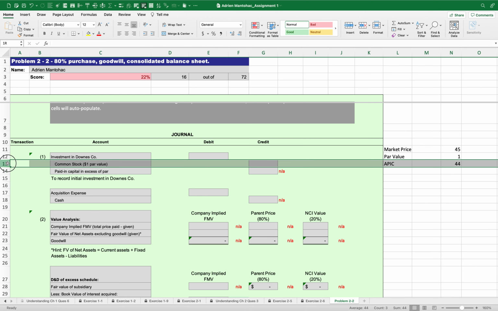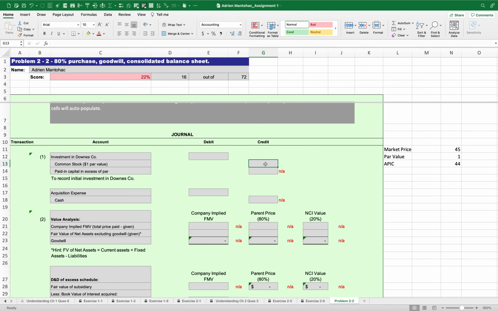As you probably recall from your previous accounting classes, whenever we record an issuance of stock, we always jot down the common stock line with par value. So in this case, this line is worth $1 per share, and they exchanged 14,000 of these shares. We also now know the paid in capital in excess of par was $44 a share. So I'm going to go ahead and put that here as well. 14,000. And the investment is worth what you paid. So the addition of those two items,